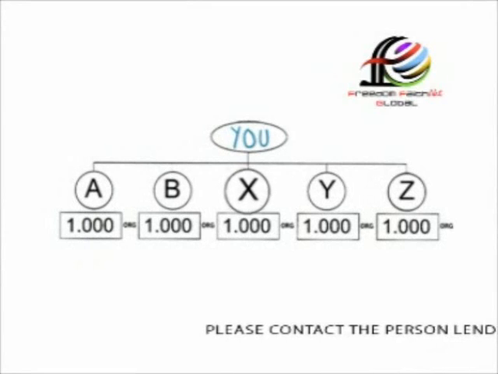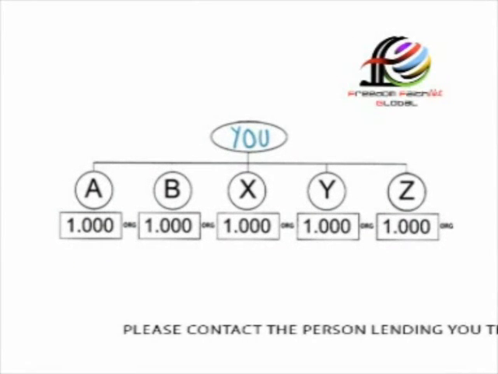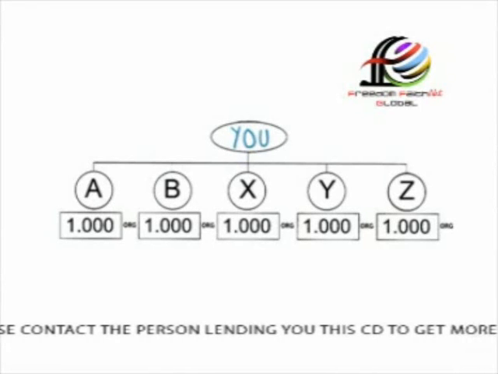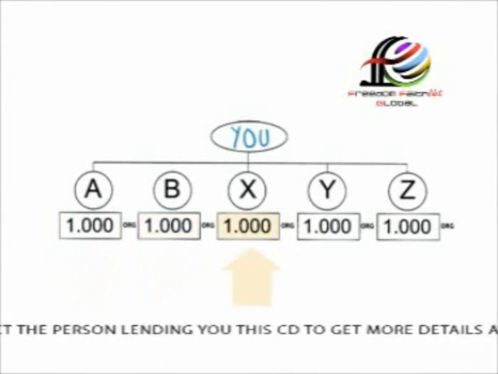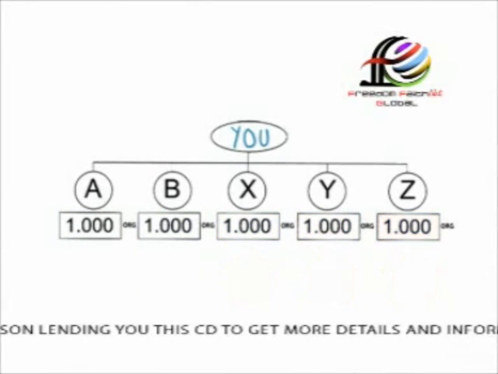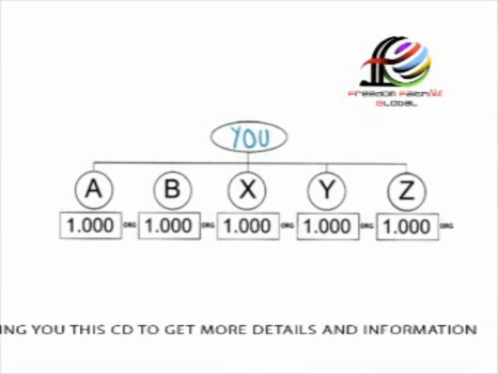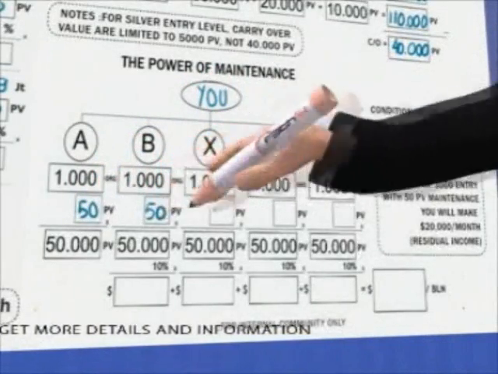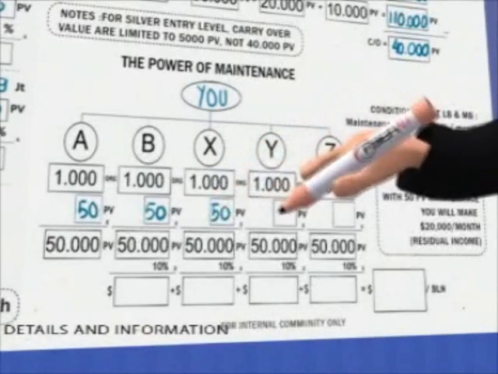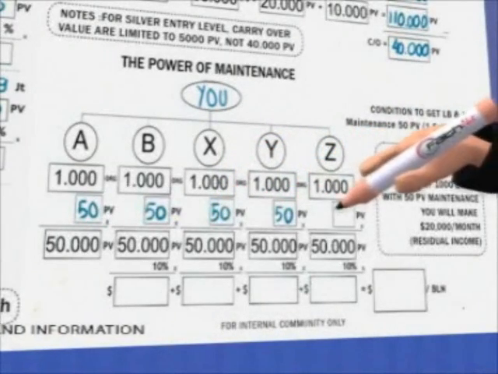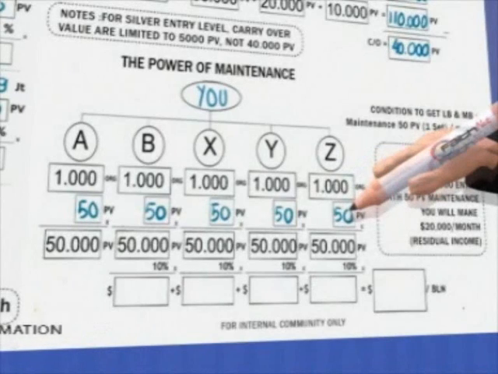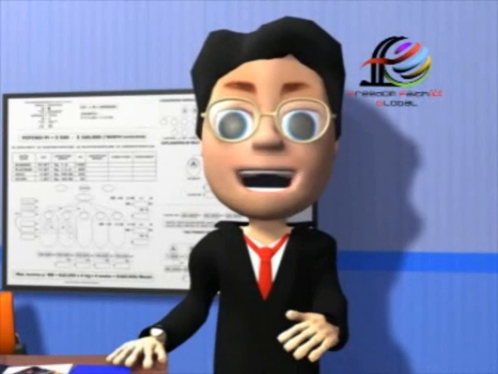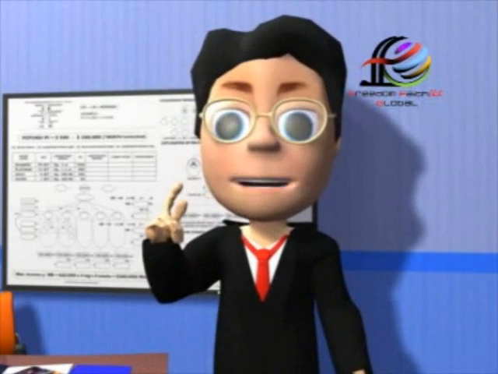You have groups A, B, X, Y, and Z. As time goes by, there would be 1,000 people in groups A, B, X, Y, and Z. Each has a 50 PV maintenance monthly. So, there is a 50 PV in groups A, B, X, Y, and Z. Now remember that you get 10% from each leg that generates multiplier bonus, as one biggest leg would serve as a control. In this instance, you would get